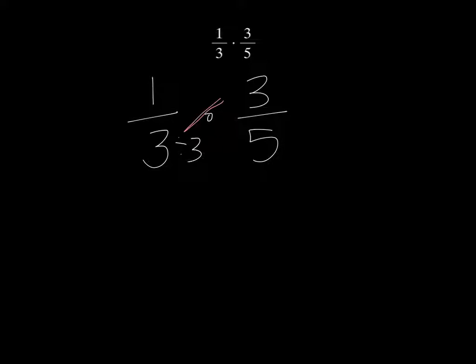Now I'm going to write it again so it's a little bit bigger and easier for me to work with. 1/3 times 3/5. Now I see diagonally I have two 3's, so I could divide them both by 3 and cross them off to make a 1. Now when I go to multiply, I'm only multiplying 1 by 1